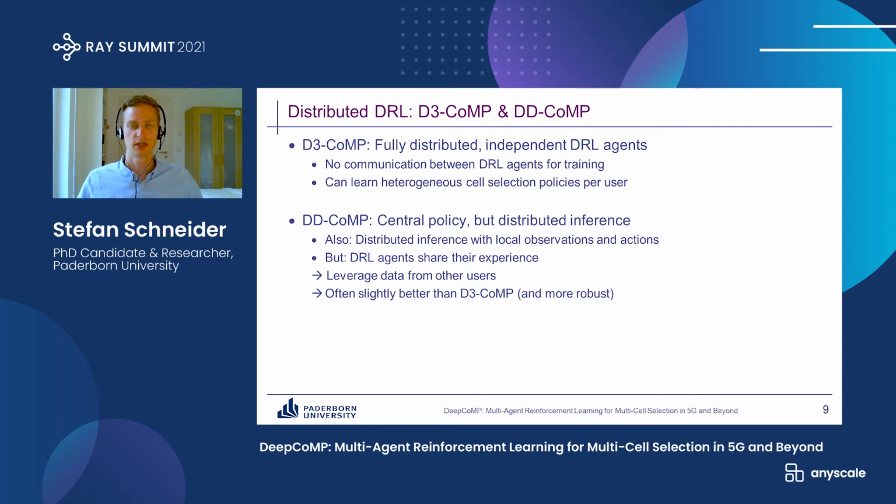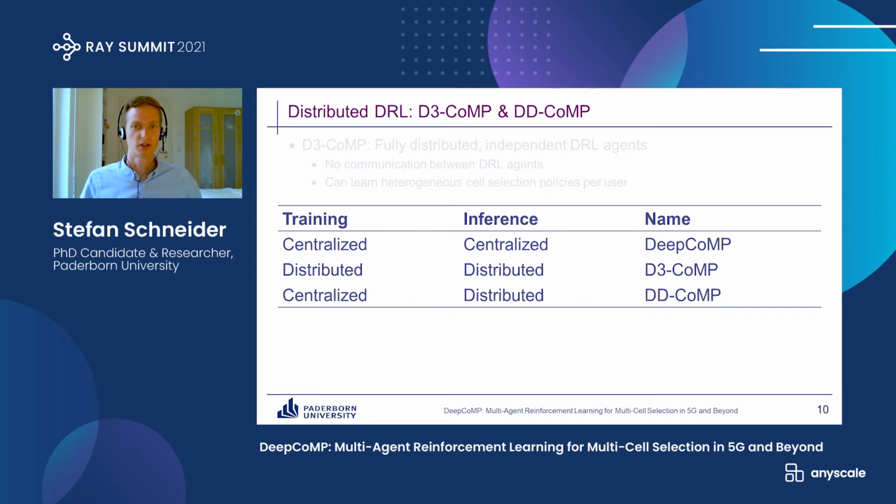But here, these agents, at least during training, use a shared policy, a shared neural network, and all the agents combine their experience during training such that we have more data that we can leverage from all the different users. And it also means that we can often learn better and slightly more robust policies than with the distributed approach. And so overall, these are the three different approaches that we propose: the centralized DeepCoMP approach, then the